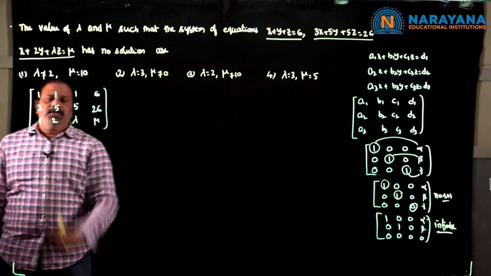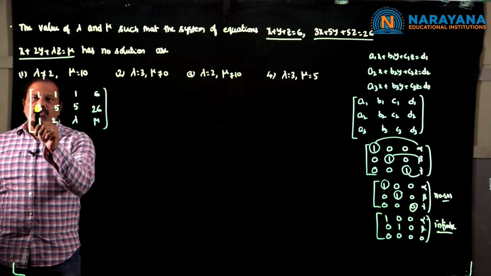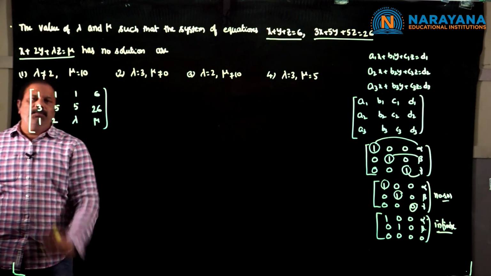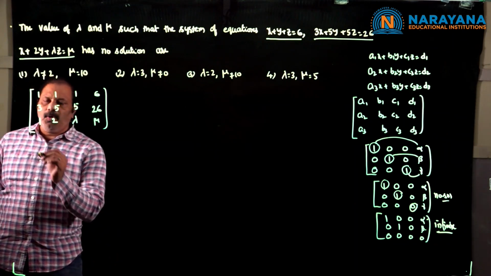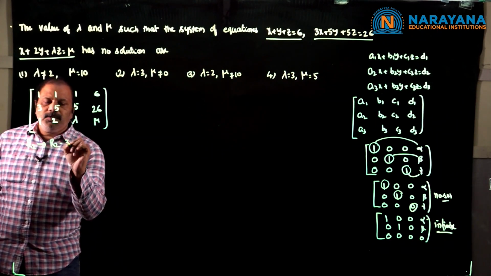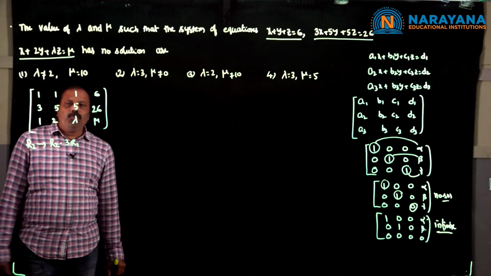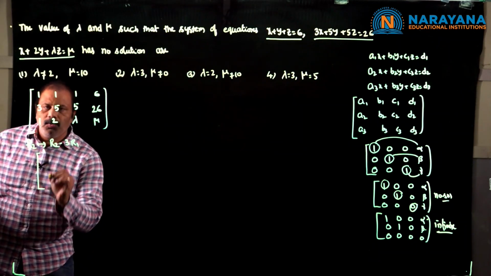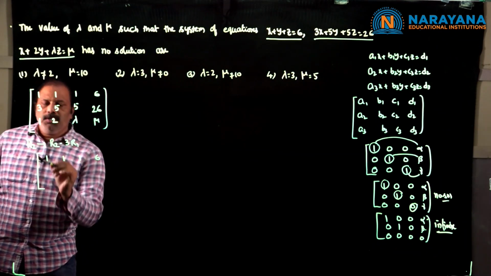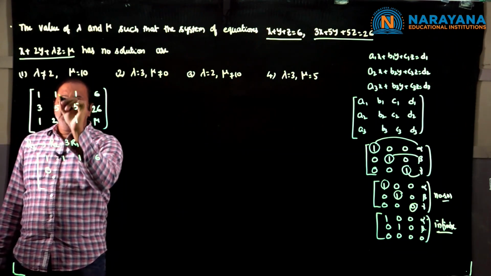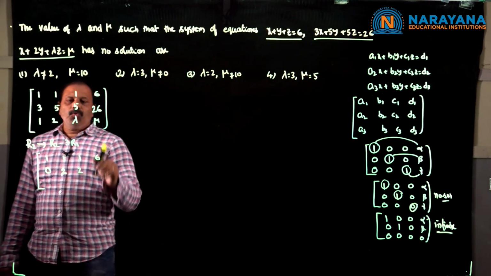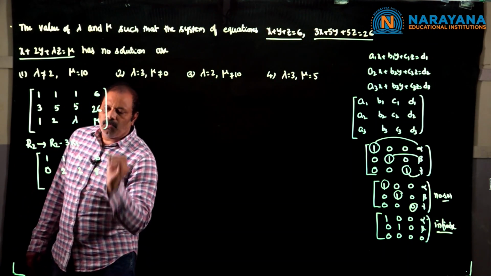Here I would like to start the process. I should get these two elements as zeros, that is, in the first column, the second row first element and the third row first element must be equal to 0. I would like to start my row operations. This is R2 as R2 minus 3R1. Because I am not changing the first row, I keep 1, 1, 1, 6. Now 3 minus 3, 0. 5 minus 3 into 1 is 2. 5 minus 3 is 2. Now 26 minus 18 will be equal to 8.